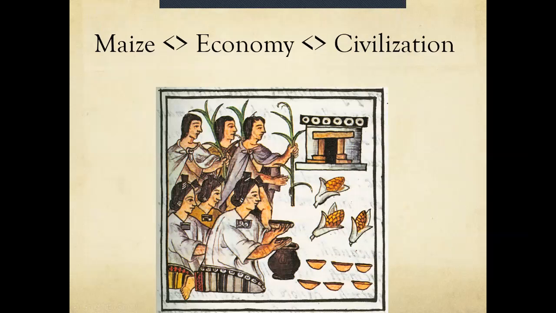All right, the key to this idea of civilization is, again, being able to feed that large of a population. And the Mesoamericans, so this idea of the Aztecs and the Incas, that whole area in Mexico South, had become very successful at growing maize or corn. And the economy is going to be based on this cultivation. So if you're able to specialize and set aside large areas of land for the cultivation of this particular crop, then you can allow other people within your society to have different jobs. They can specialize in those particular